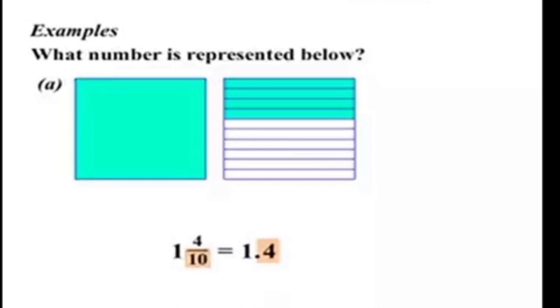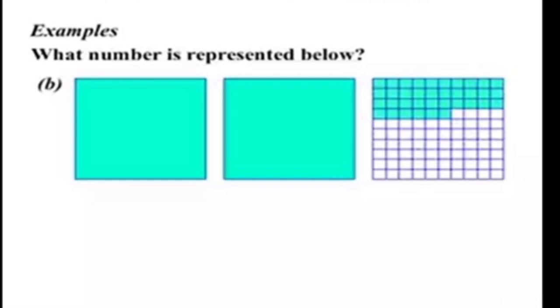Have you seen? See another picture. There are 2 wholes and another part of 100 parts. Among the 100 parts, how many parts are colored? 36 by 100. This is the proper fraction. If we make it a decimal fraction, 2 wholes means 2 decimal, and there is 36 by 100. There too will be decimal 36. We have already learned this previously.